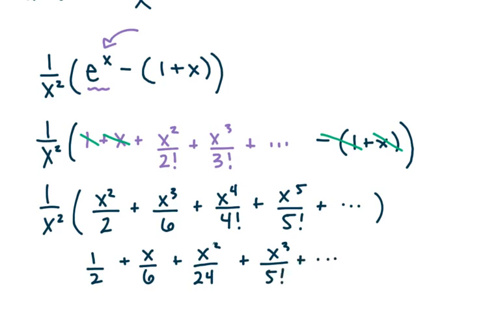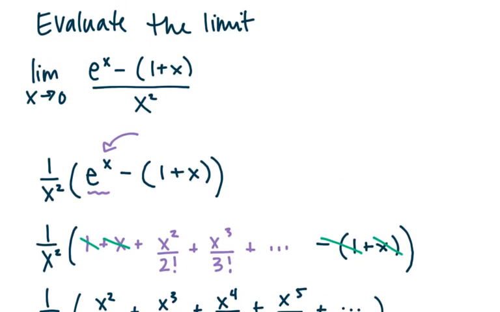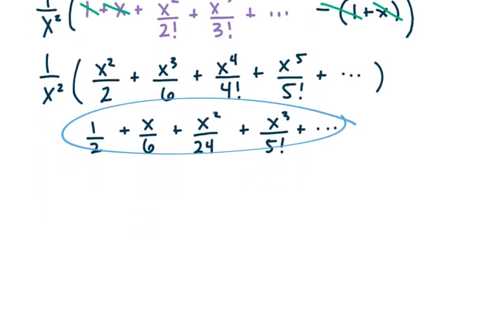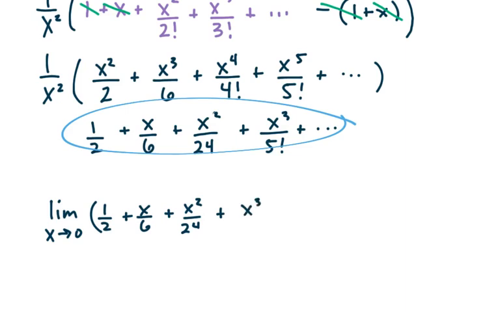So what we notice then is that if I take this polynomial expansion and write it in up here for my limit, I need to do the limit as x approaches 0 of 1/2 plus x over 6 plus x squared over 24 plus x cubed over 5 factorial, plus some x to the n minus 2 power over n factorial. So as we approach that nth term there,